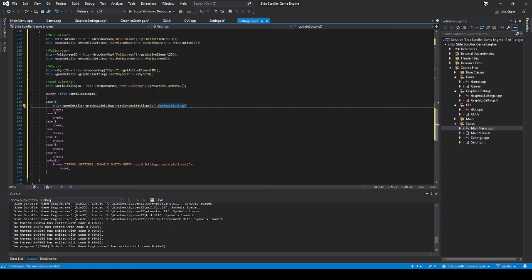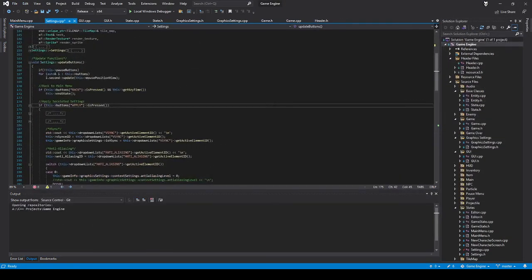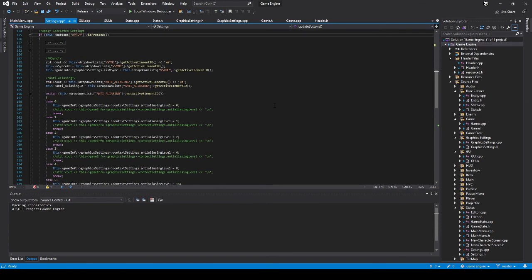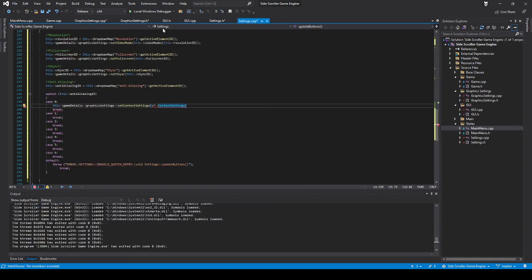Okay, I think I might have to make a temporary context settings. Nope, nope, nope. Okay, all right, great. All right, so I know what I need to do. So if I go back into,